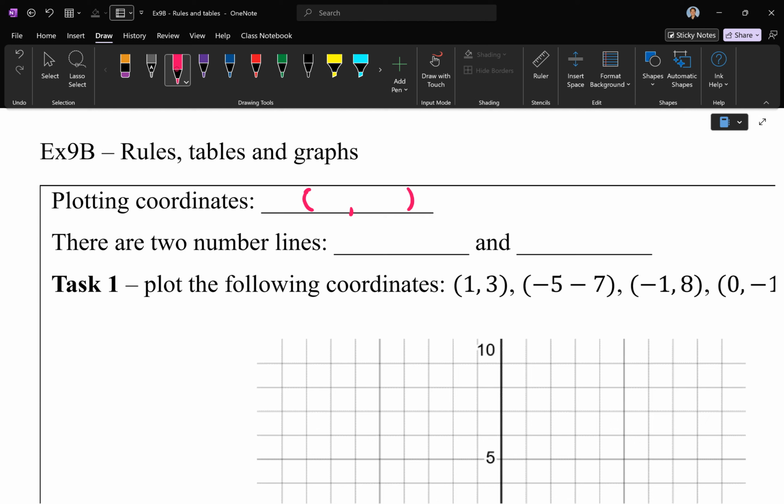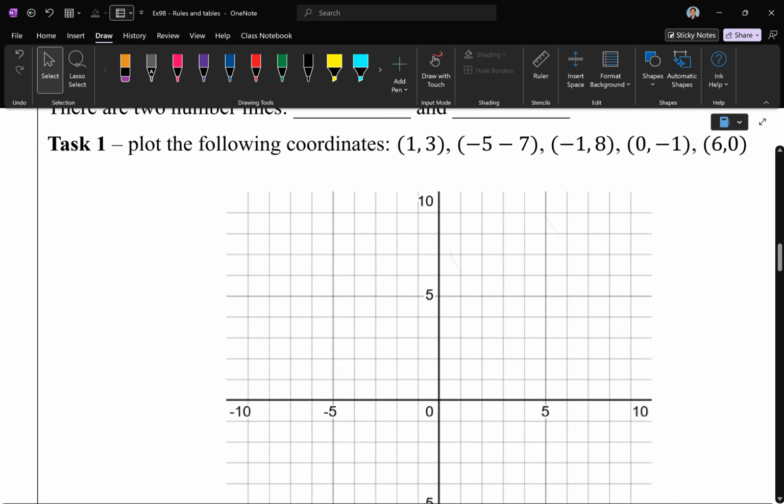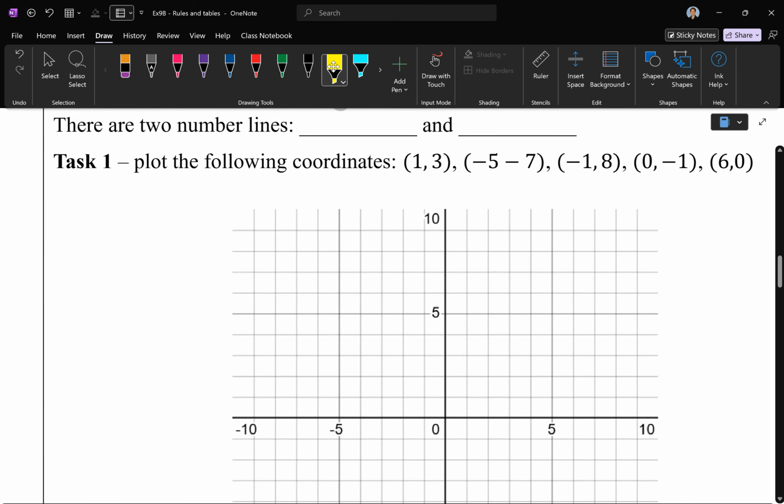Plotting coordinates. You have an X and a Y. Write that in. So X comes first before Y. The logic to it is that in primary school, you started off learning number lines. You counted 0, 1, 2, 3, 4, 5, 6, 7, 8, 9, 10. Year 7, you then learnt negative numbers. So it would have looked like something like this. You would have started off counting in primary school that way, so 0 to 100 and onwards. Then in year 7,